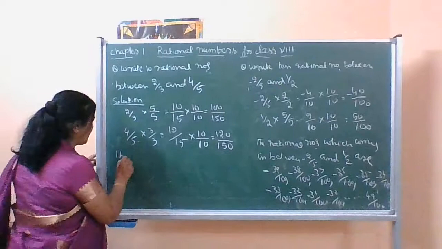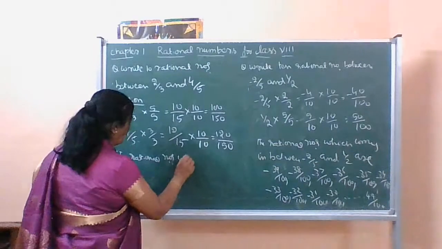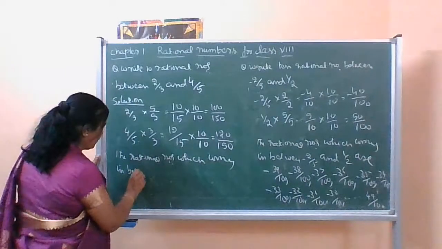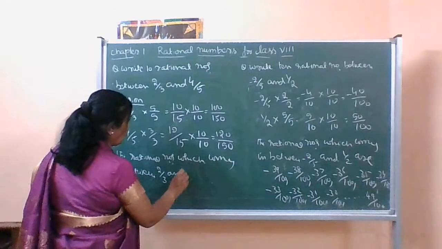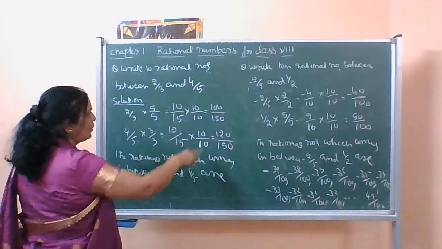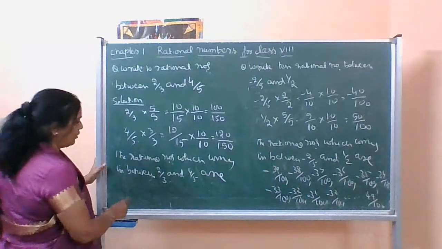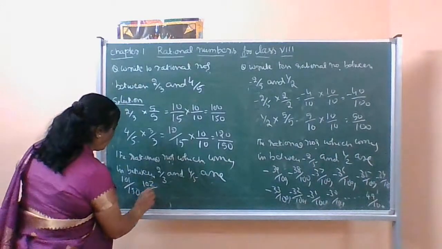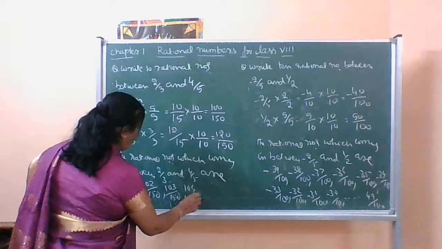The rational numbers which come in between 2 by 3 and 4 by 5 are... Here what has happened? 100 to 120. That means you can write 101 by 150, 102 by 150, 103 by 150, 104 by 150,